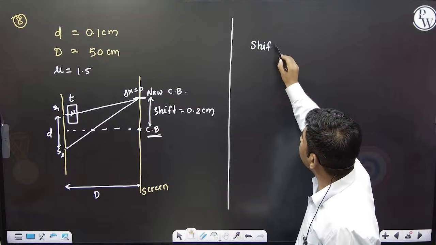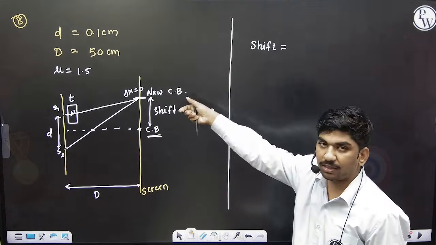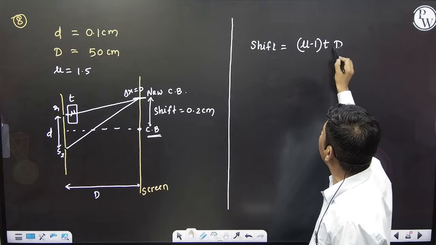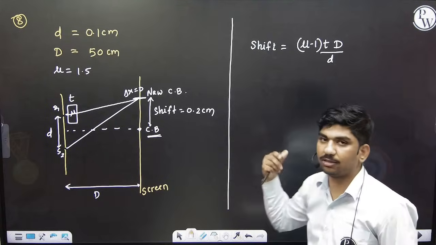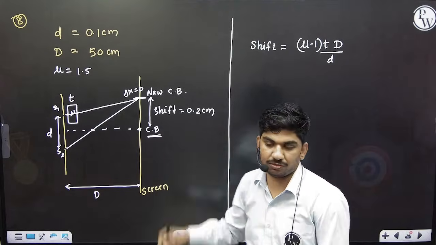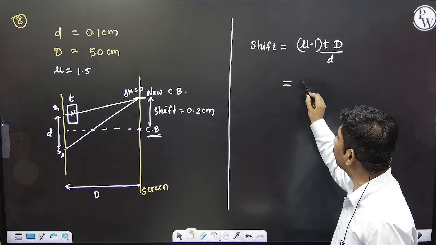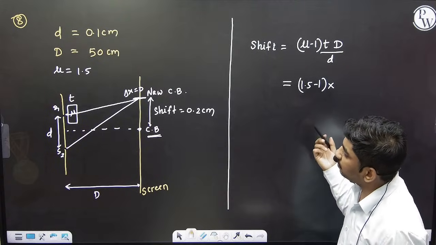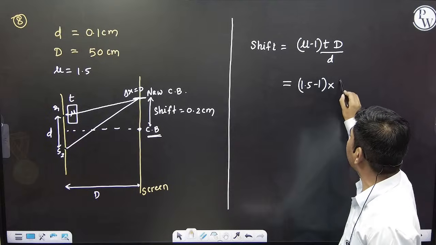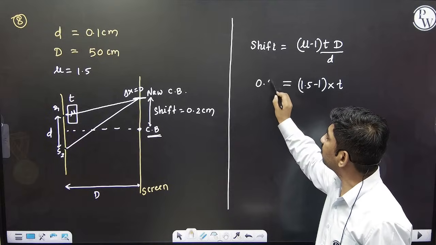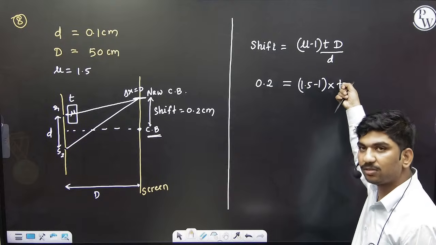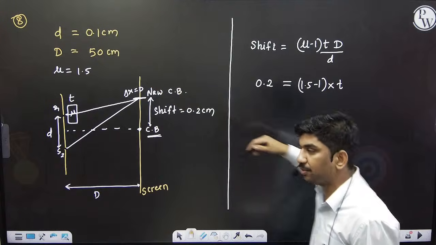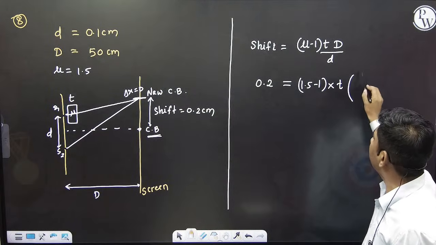So what is the equation? The shift y can be written as (mu minus 1) into t into D divided by d. Direct formula, I have given it many times. We have solved these questions. So put the values: mu minus 1, 1.5 minus 1, into thickness, which is what they are asking. The shift is given. Keep this in centimeter only. We will get the thickness also in centimeter. No need to convert the unit, because capital D and small d are both in centimeter. They will get cancelled. So capital D is 50